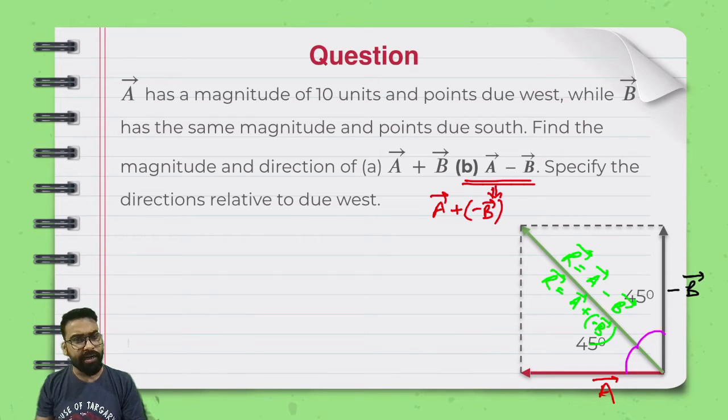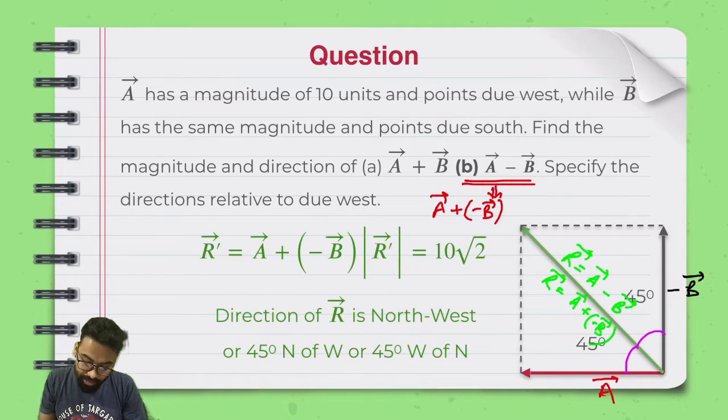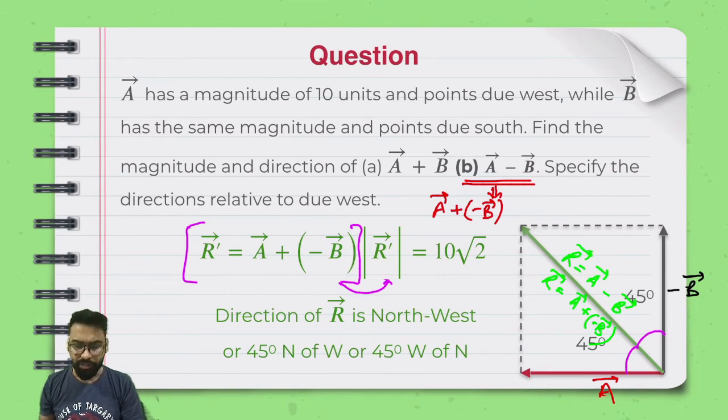And if I want to write it down again with respect to the magnitude and the direction, I will say again that r vector this time around is a plus minus b. This means the magnitude of r dash. Why have I said this as r dash? Because r we defined as a plus b, right? So let's write it down as r dash. The meaning is the same. It is the resultant of vector a and minus b.